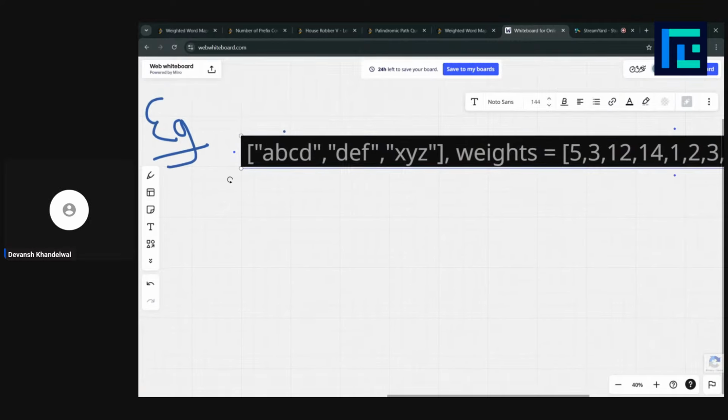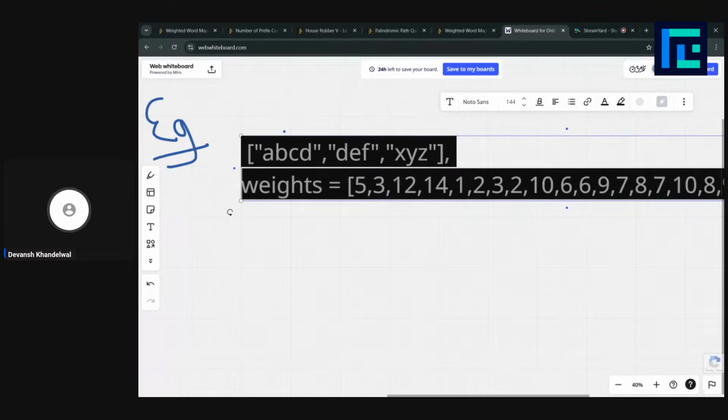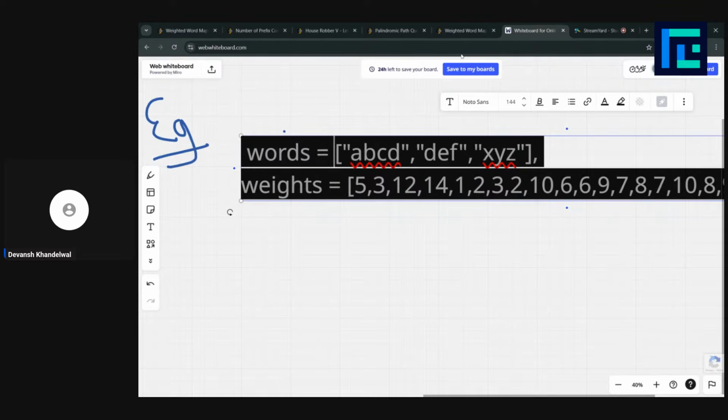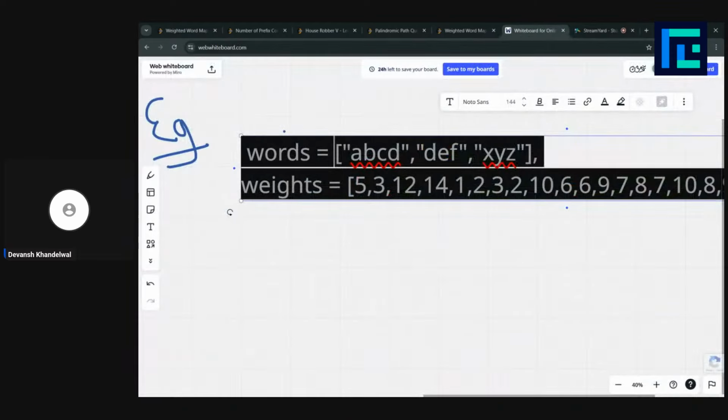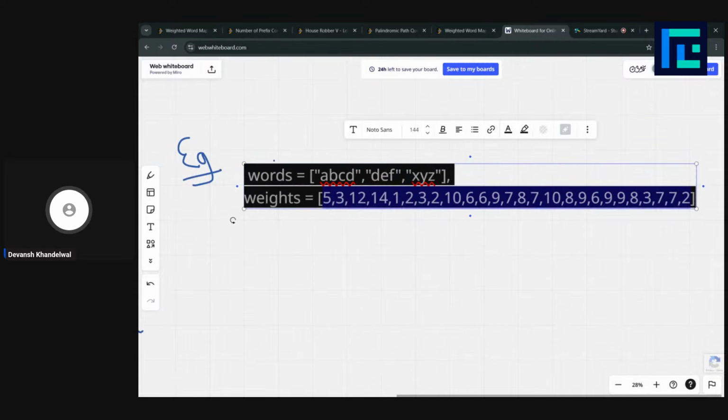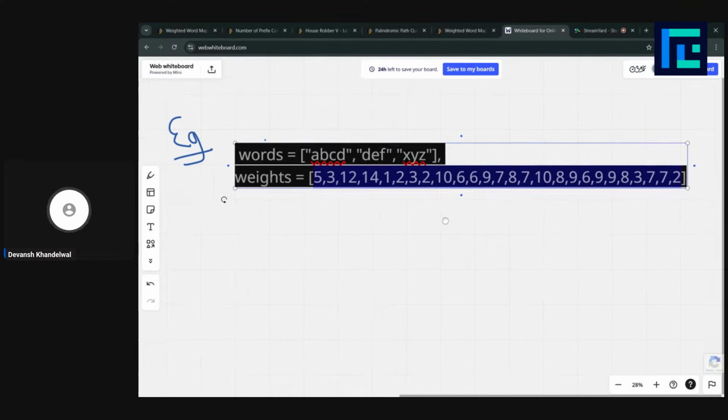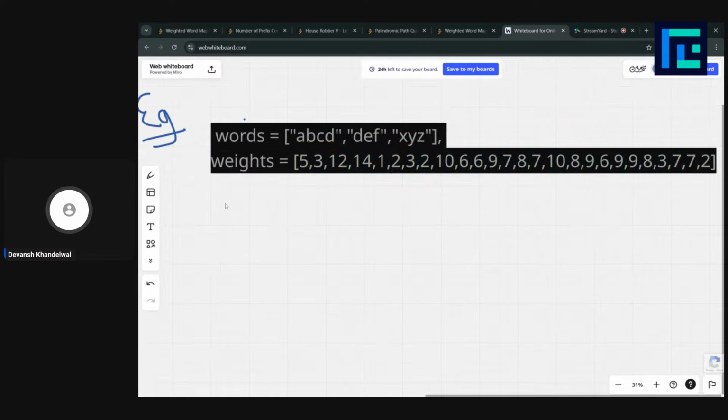Here we go. So this is our words array of strings, and this is weights corresponding to each character. Great. So what we need to do, we have to basically return a string.